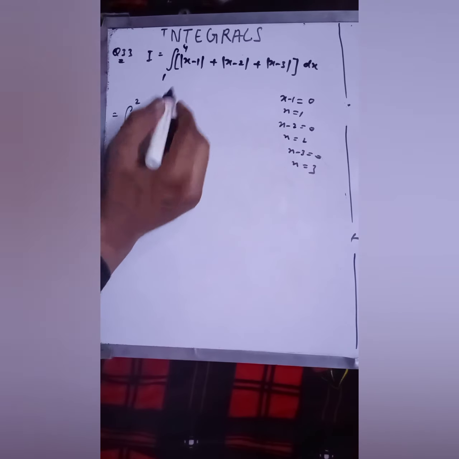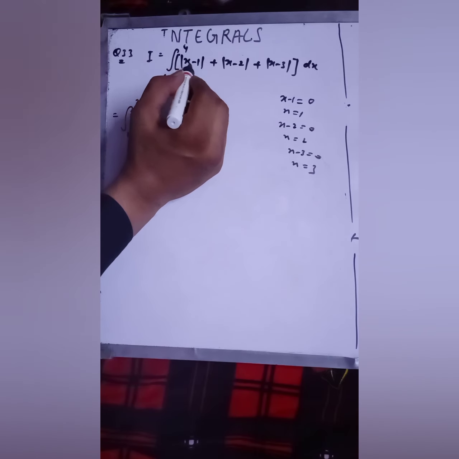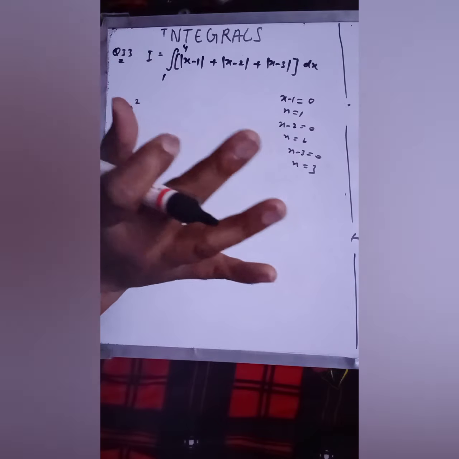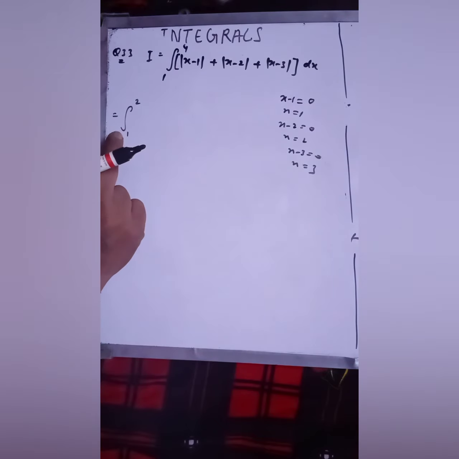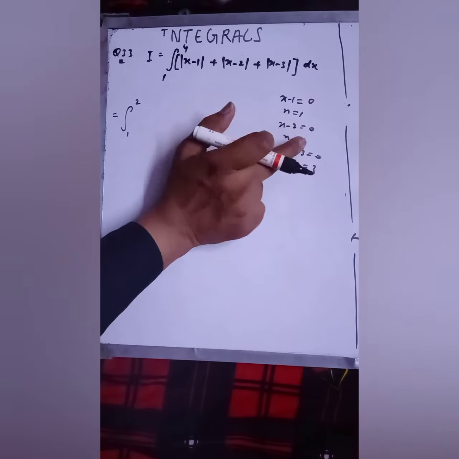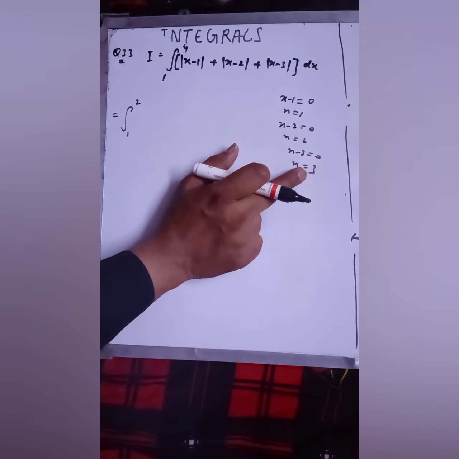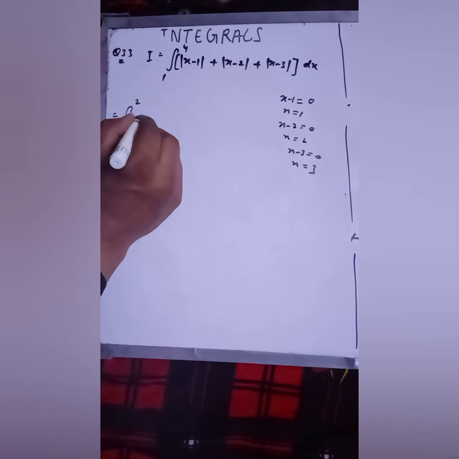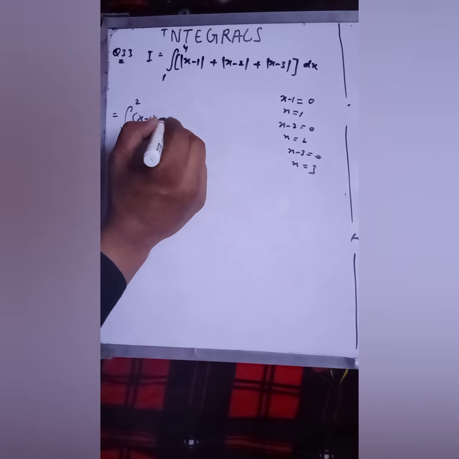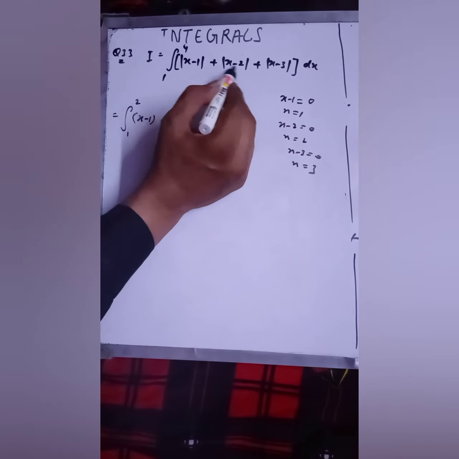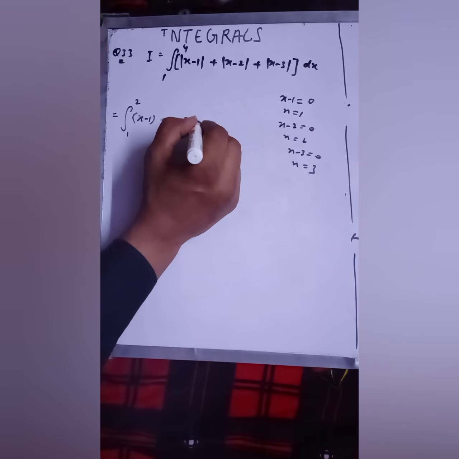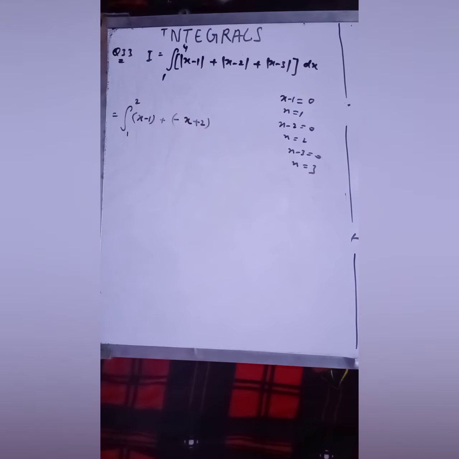So from 1 to 2, your x minus 1, if you put any value between 1 to 2, just understand how I'm breaking the limit. It is 1 to 4, so first I'm breaking it from 1 to 2, because 1, 2, 3, these 3 things are coming. From 1 to 1 we cannot take. So from 1 to 2, this x minus 1 will remain positive. Plus, if I put any value from 1 to 2 in place of this, you will get a negative value of this. So minus x plus 2.